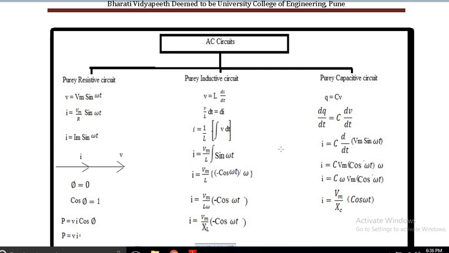Of course, in resistive circuits, voltage and current are in the same phase. What I mean by that is the phase difference is equal to 0, so phi is equal to 0. The moment I say phi is equal to 0, cos phi is equal to 1. That is why purely resistive circuits are also called unity power factor circuits. Power consumed over here is VI cos phi, where cos phi is equal to 1. So it is simply the product of the RMS values of V and I.